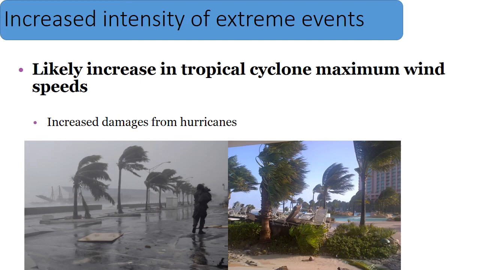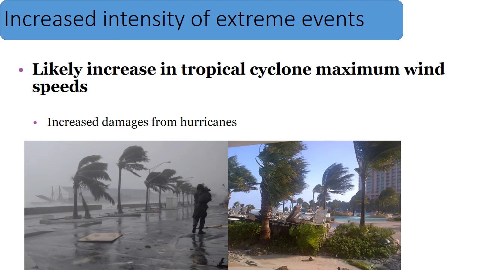And you know that a category 3 as compared to a category 2 causes much more damage. All right, greater intensity of hurricanes, if you combine that with higher sea levels, is going to lead to higher storm surges. The storm surge is the ocean waves that come in, and it's the most dangerous part of a hurricane. So you can imagine the impacts that will have.